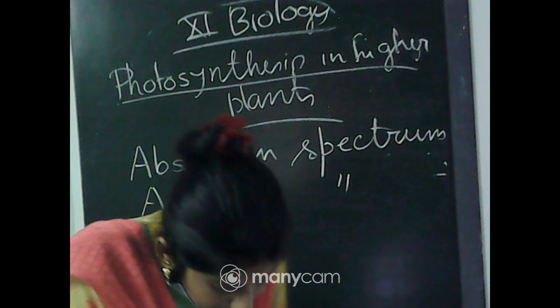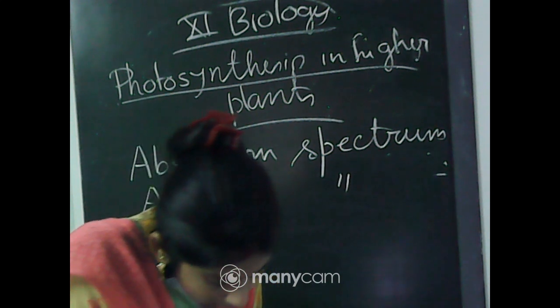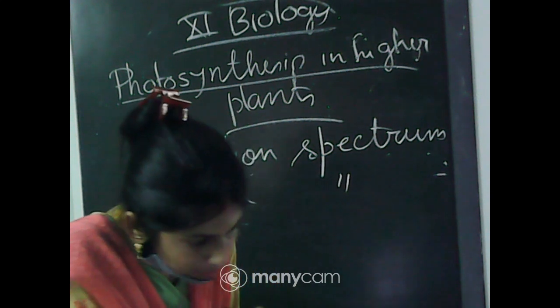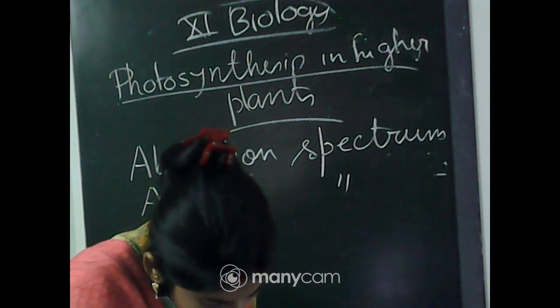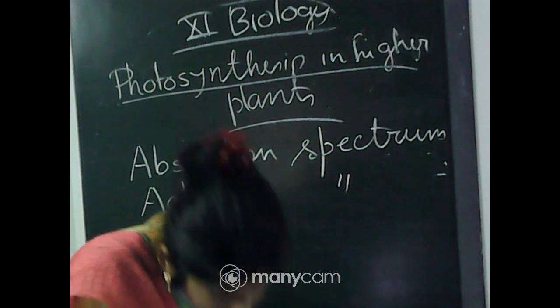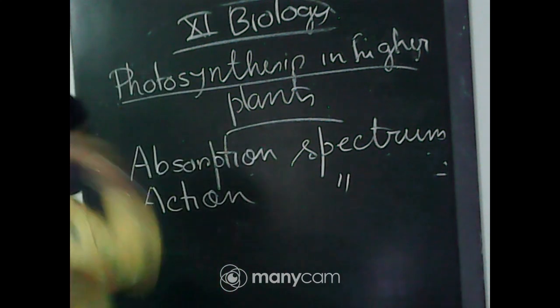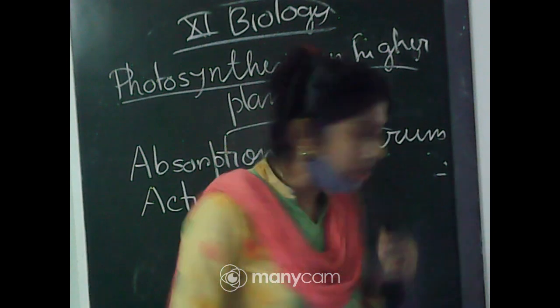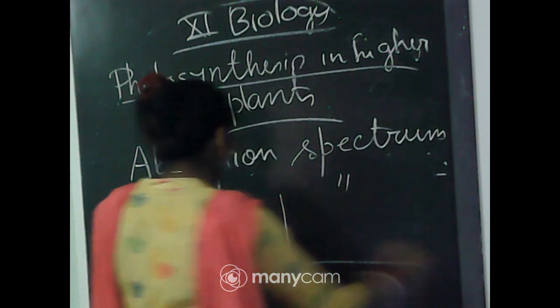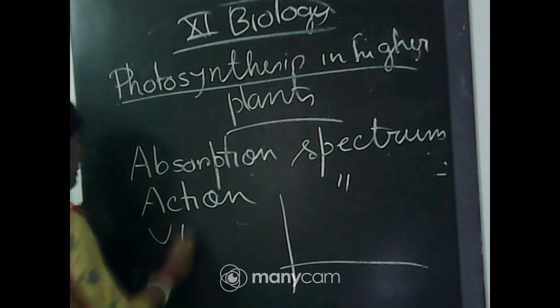Absorption spectrum means a graph plotted against the light absorbed by the chlorophyll. That means we can say that it is light absorbed by the photosynthetic pigment. So you can see that there is a graph, and you know the visible spectrum, that is VIBGYOR,